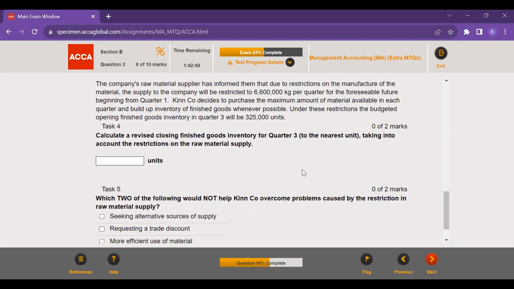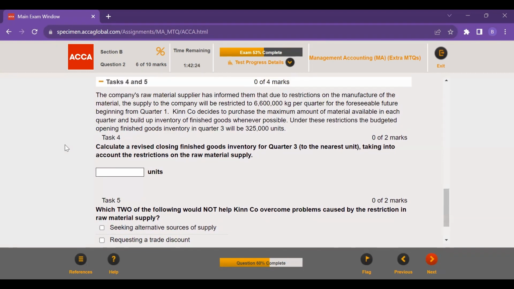Beginning from quarter 1, Kin Company decides to purchase the maximum amount of material available in each quarter and build up inventory of finished goods whenever possible. So, under these restrictions, the budgeted opening finished goods inventory in quarter 3 will be these many units. So, we have to calculate a revised closing finished goods inventory for quarter 3, taking into account the restrictions on